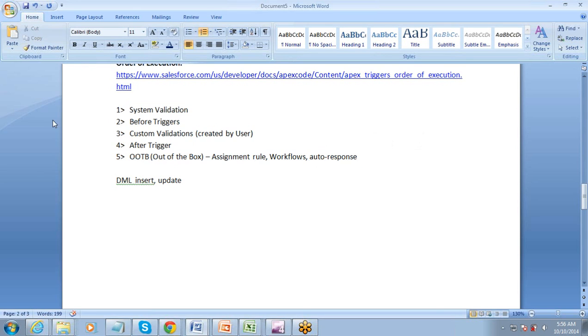First is system validation, second is before trigger, and third is custom validations. When the system validation, before trigger and custom validation are done, after this